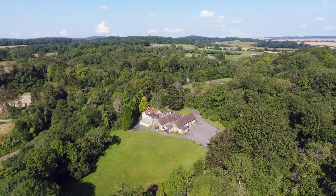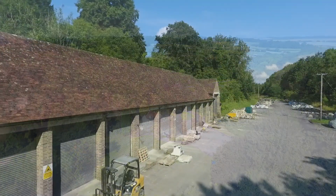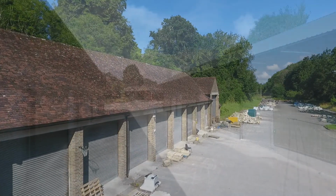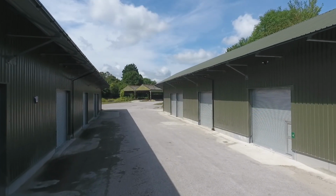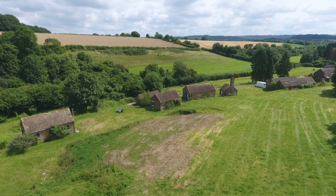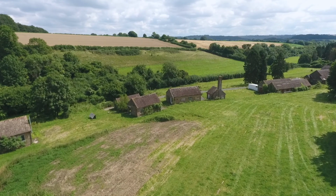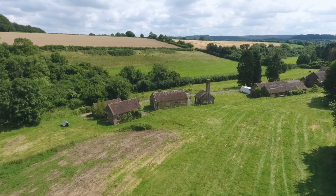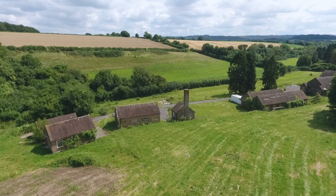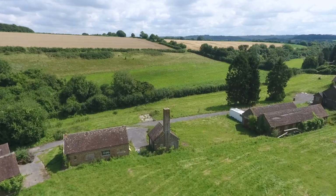It now comprises a collection of income-producing office, industrial and workshop buildings generating a rental income of around £230,000 a year. The property also benefits from mineral rights over adjoining land. However, it's the potential to create new commercial and residential buildings by undertaking building renovation and development, which offers a new owner the opportunity to generate additional rental income and increase the capital value of Chilmark Estates, which is so